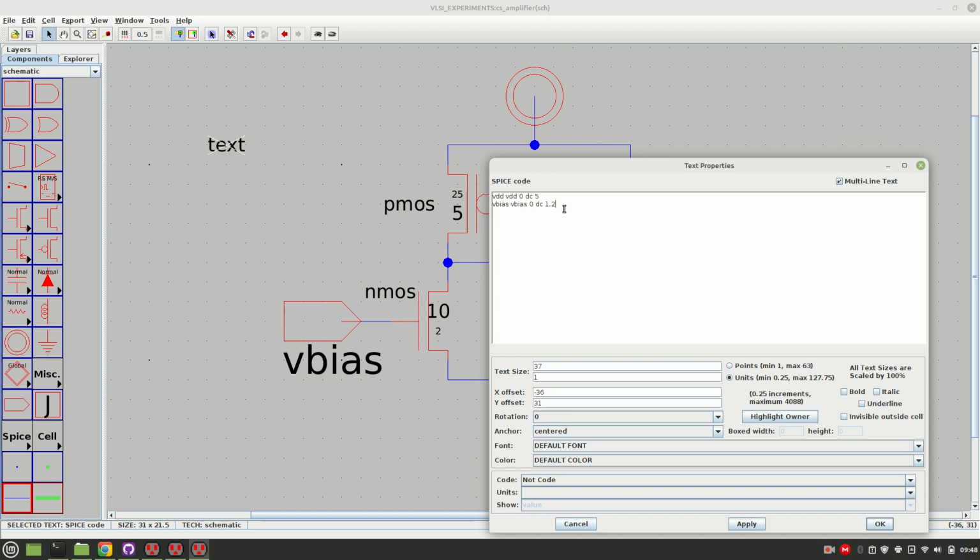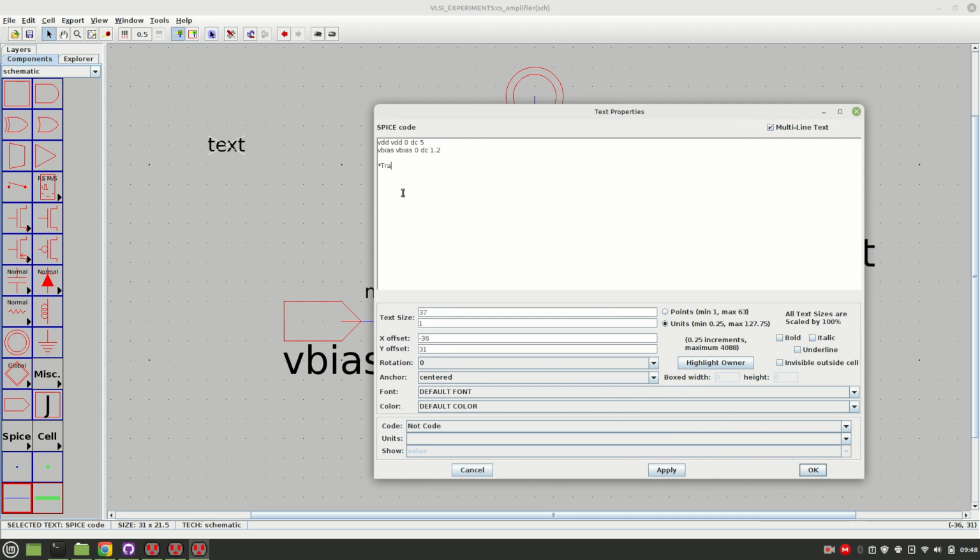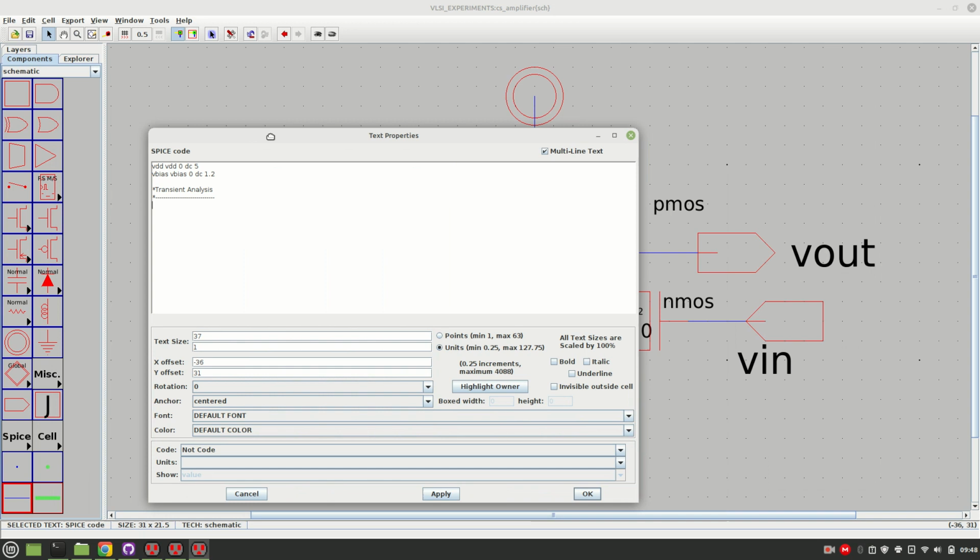and after that we need to do the 3 types of analysis on this circuit, that is transient analysis, DC analysis and AC analysis. So transient analysis. This is to represent the comment, the asterisk mark we can use: transient analysis. Okay, so one analysis is this one. So for transient analysis we just need to, okay,